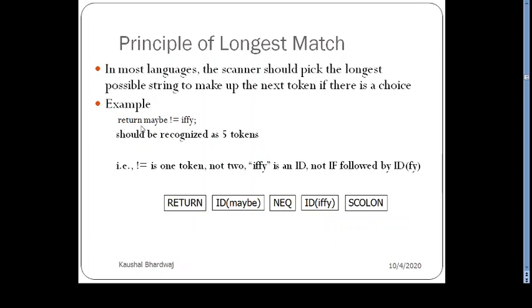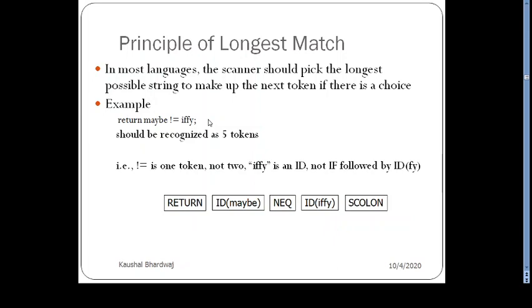In this statement, return maybe not equal to if i, how many tokens are there? Four. Are you saying four?